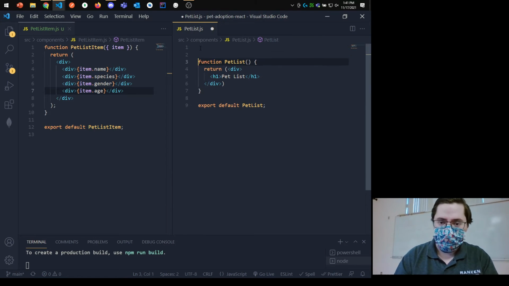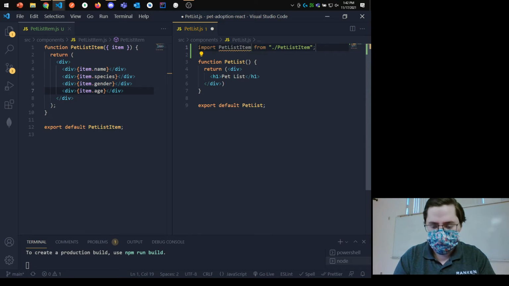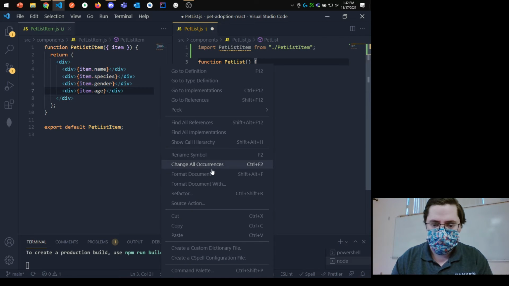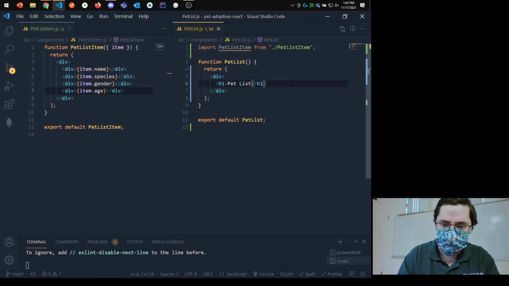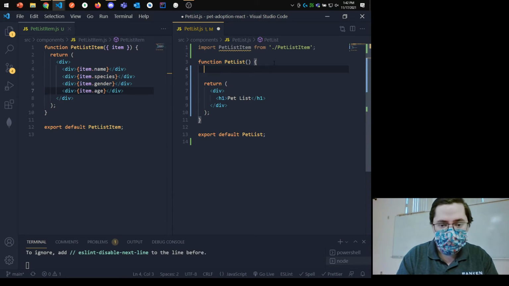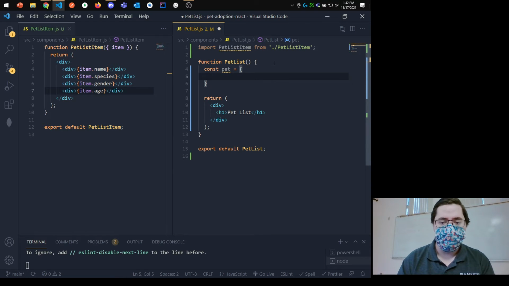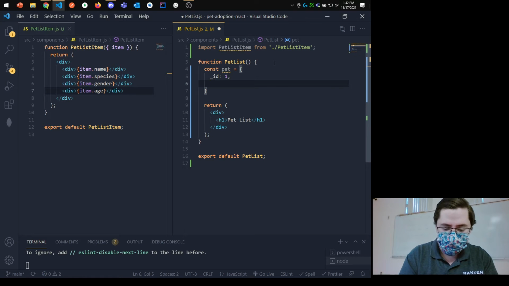So what I want to do is import PetListItem, and in here I want to define a pet, const pet, and I'm just going to hard code in some data for that pet. So maybe I say underscore ID 1, the name of that is maybe Fido,